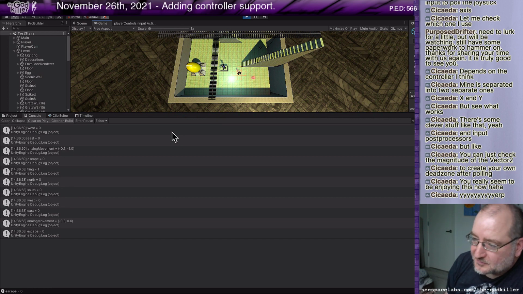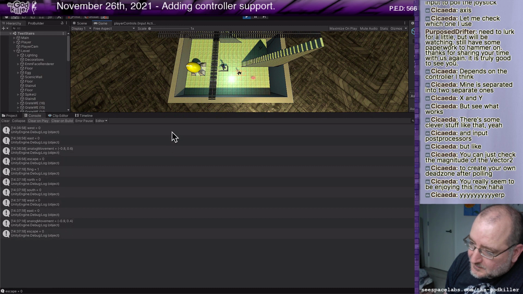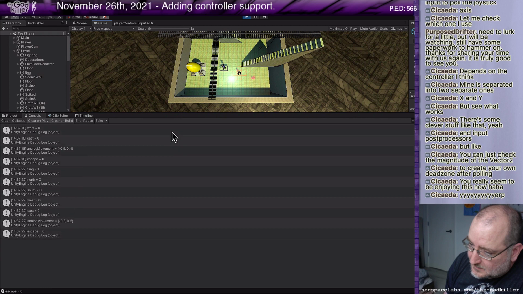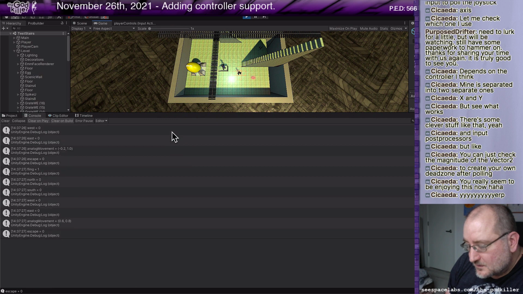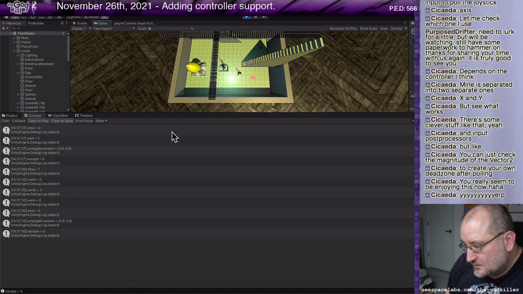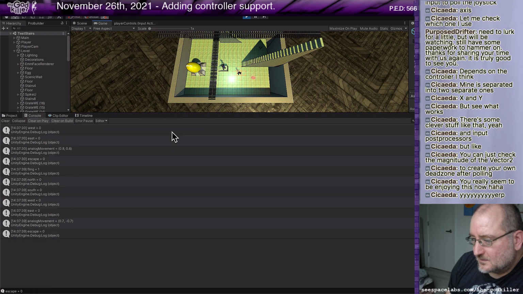So I'm just looking at the diagonal case. That's kind of weird. Okay. No, it makes sense.